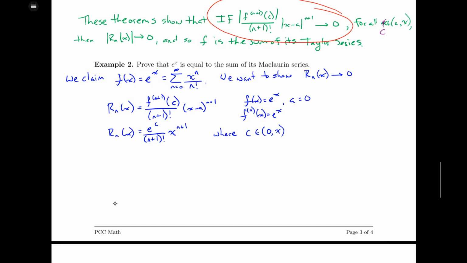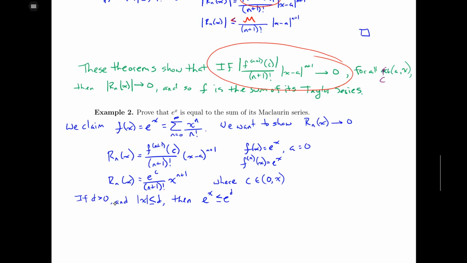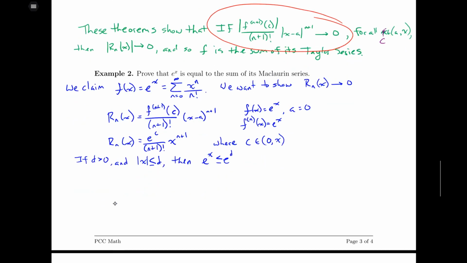Now, if d is greater than 0, and the absolute value of x is less than or equal to d, then e to the power of x is going to be less than or equal to e to the power of d. We want to introduce this value of d so that we can actually utilize Taylor's inequality. So e to the x is less than or equal to e to the power of d. And so Taylor's inequality says